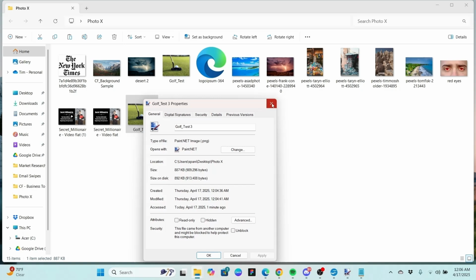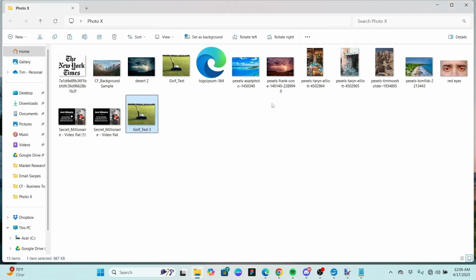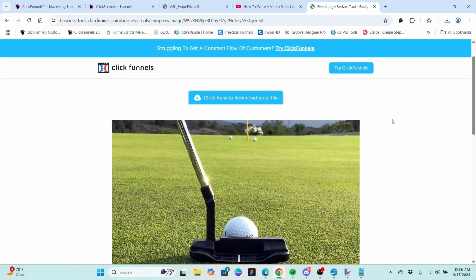The image compressor did exactly what it was supposed to do. It reduced the overall size in pixels of the image. And that's really all that tool does. So that's the image compressor at ClickFunnels Business Tools. And what that address is